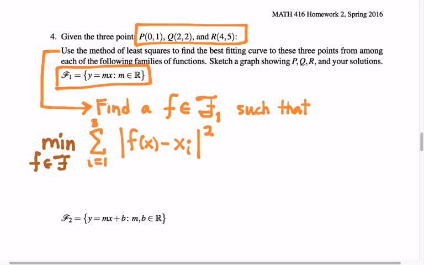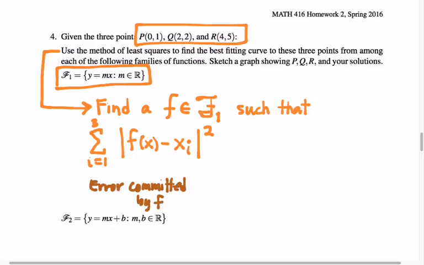So actually, how do I want to say this? I want to say that the error, so this left-hand side is the error committed by f, the squared error by f. And that, in the least squares formulation, is supposed to equal the minimum